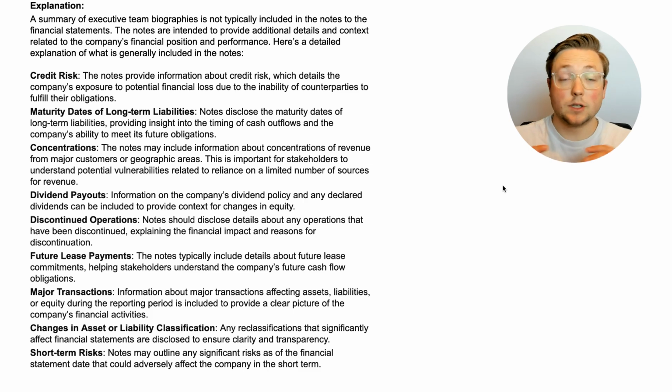So again, there's a lot of stuff that could be included in the notes. This honestly probably isn't even everything, but these are some of the more common things. Basically, though, think of the notes as something there to give a lot more context on the big things that happen throughout the year and also the policies that you use throughout the year. So, the credit risk, these are some things that could affect us financially. Discontinued operations, why did the company sell those operations or discontinue them? Major transactions, some really big things that happen throughout the year.